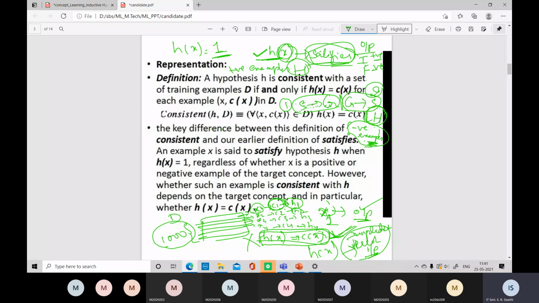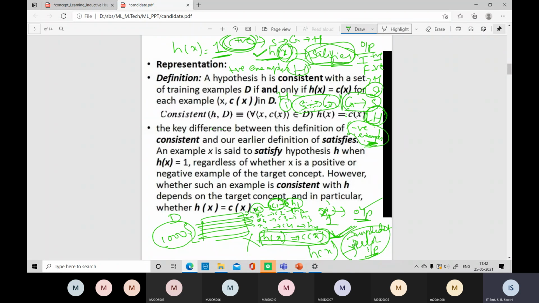In candidate elimination, I have positive training data and negative training data. That is why, to generate hypotheses, I have two activities: for positive examples one activity, for negative examples another activity. In Find-S, the training data is only one type, only positive, only one category of input data. So for only one category, we have to do only one activity: simply convert specific to general and then derive H. Here two categories of input data are there, that's why we perform two types of tasks, and for each task we generate a separate hypothesis. For positive statements one hypothesis, for negative statements another hypothesis.